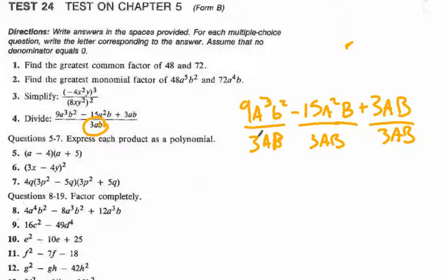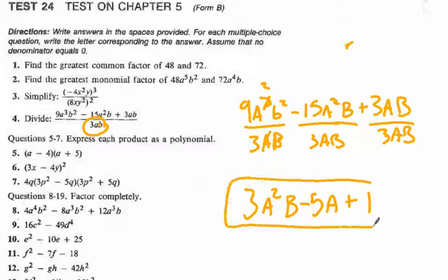So 9 divided by 3 is 3. A to the third divided by a is a squared, because I have 1a will cancel out here. B squared divided by b, I have 2 b's in the numerator, 1 in the denominator, so one of them cancels out. 15 divided by 3 is 5. A squared divided by a is a. B divided by b is just 1. And 3 divided by 3 is 1. A divided by a is 1. B divided by b is 1. So this is my final